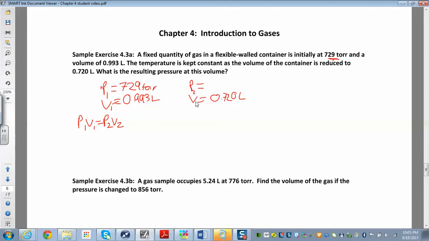So P1, 729 times V1, 0.993. And I'll put the units in, that's liter, and this guy's torr, equals P2 times 0.720 liters. So to solve for P2, we're just going to divide by 0.720 liters. Divide over here by 0.720 liters. Your liters are going to cancel, and you're going to end up with a P2 of